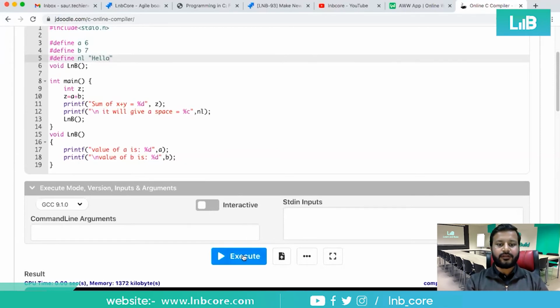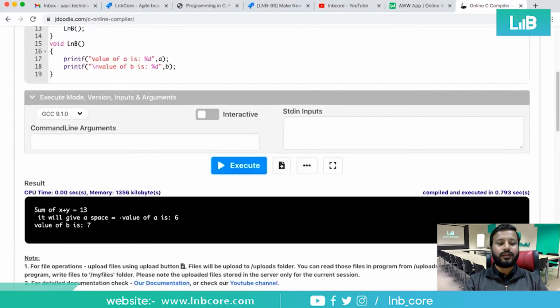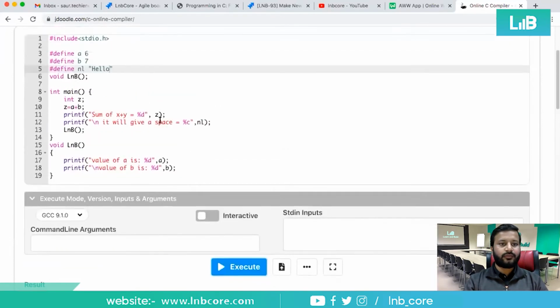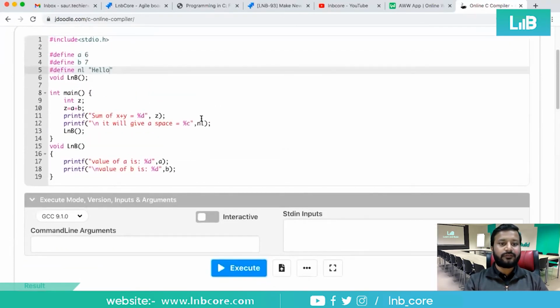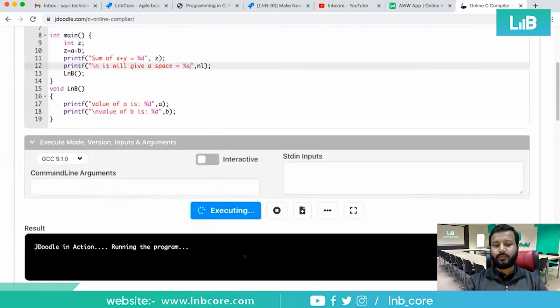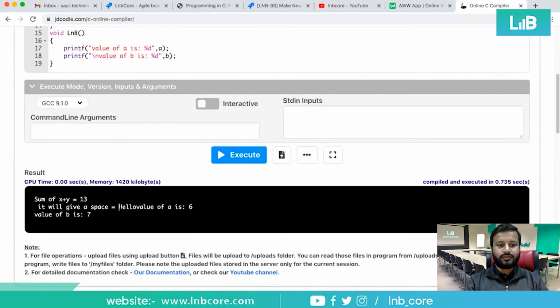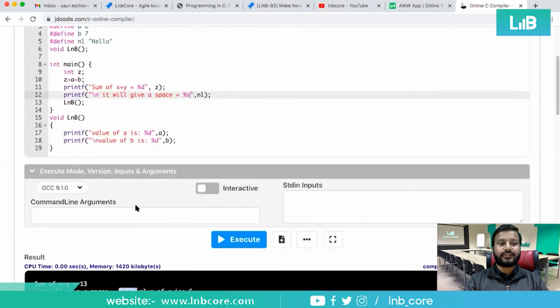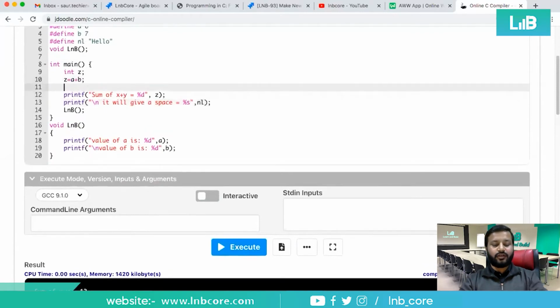Hello will be printed. Okay, one problem is this, that we have defined it as C. Can we use it like S, whether it will be used or not? So hello is printed, as is the string. Otherwise, if we could have used constant, then we could have used like this: const string.